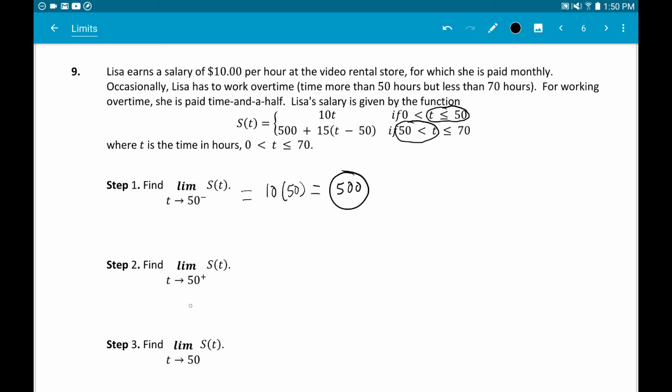Alright, step 2, the right-sided limit is going to go where the greater than sign is, so t is greater than 50 on the second row, so we need to plug into the second row. Second row is 500 plus 15 times t minus 50. Again, t is 50 here. Alright, so 50 minus 50 is 0, times 15 is going to be 0. So you've got 500 plus 0, which is 500. Alright, for the two-sided limit, again, compare your left and your right-sided limit. They're both 500. So your two-sided limit is